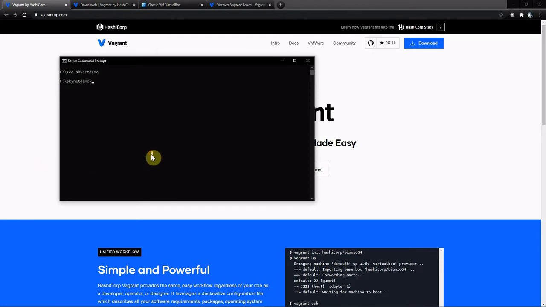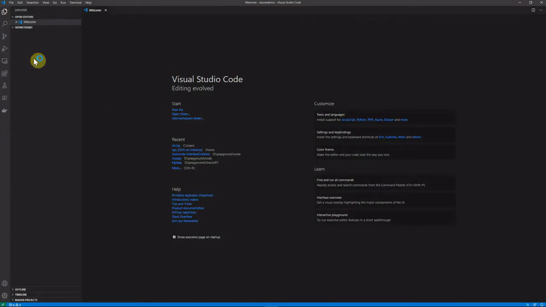Okay. So now I am going to open my Visual Code Editor. By default, it will point to Skynet demo folder. Alright, the main core of Vagrant is Vagrant file. It has all the settings and configuration. It is complicated, but today we will deal with some basics and fundamentals. Before going into demo, I would like to give you some more details of Vagrant file.